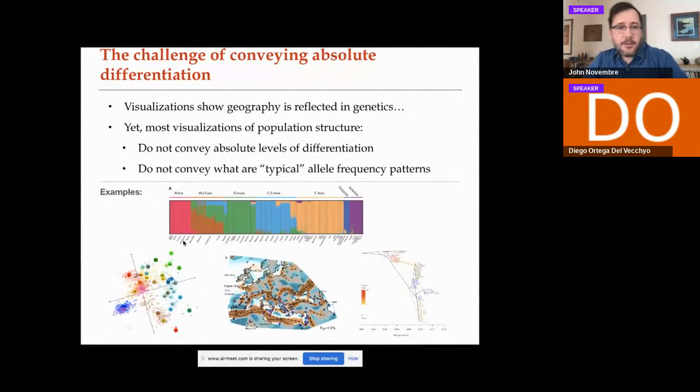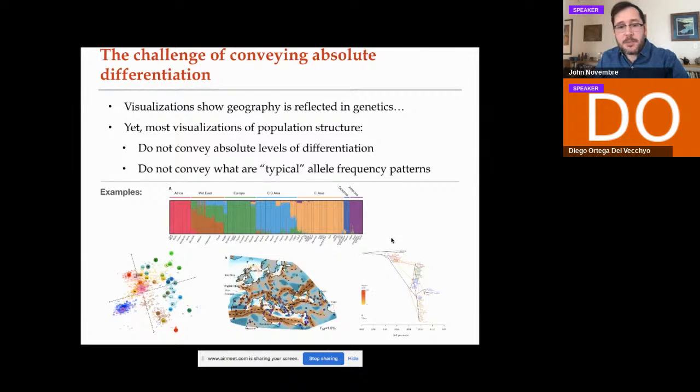So the challenge that I want us to think about is how there are many different ways of visualizing population structure that we use in population genetics. There are a bunch of examples on the bottom half of the slide. This is a structure plot, the type of plot that comes out of the program structure or admixture or some of the alternatives that fit these structure-like models, PCA plots,